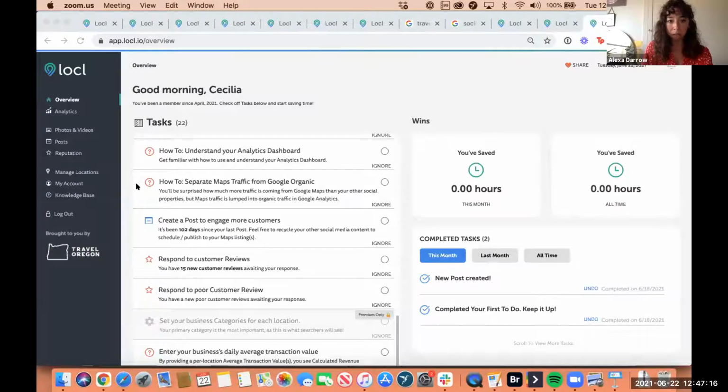Sure. So I will touch on the category section first. The categories are a little wonky, that is accurate. And unfortunately, they're already pre-populated by Google. So you can select the categories by, actually, yes, I'm going to go ahead and share my screen again, because I think this will be a lot easier to explain if I have it in front of me. So I have this manage location section up here inside of Locl,